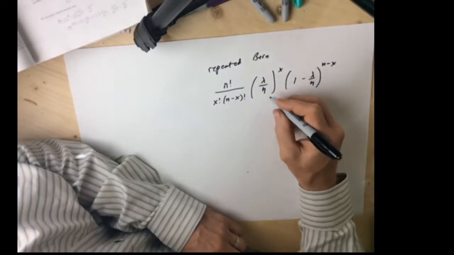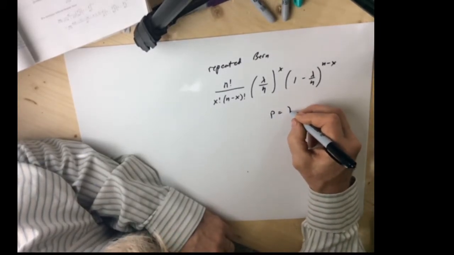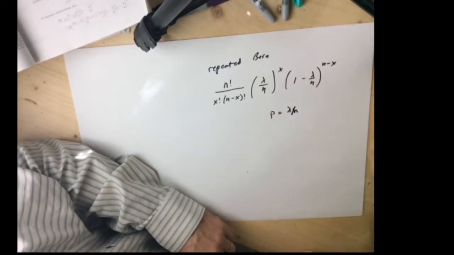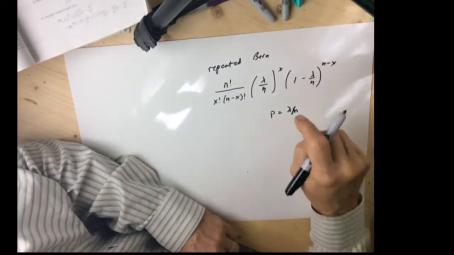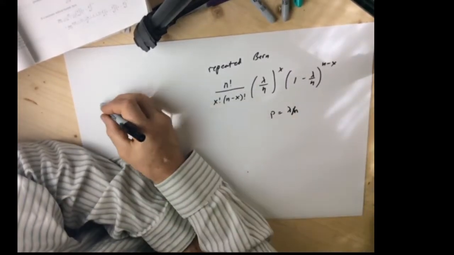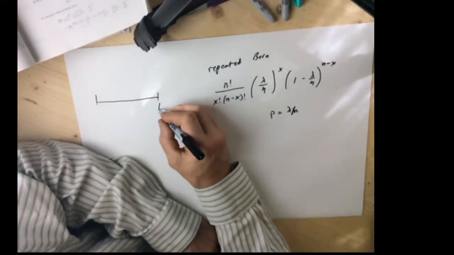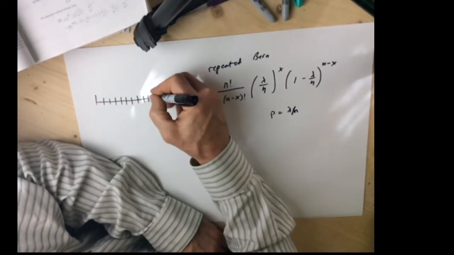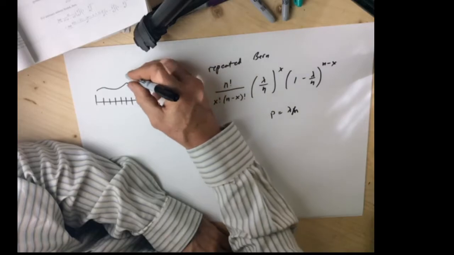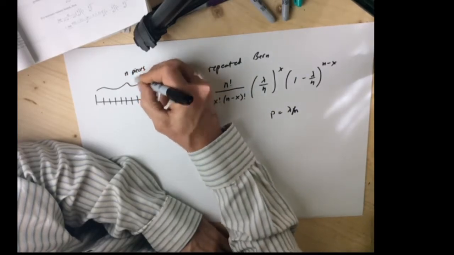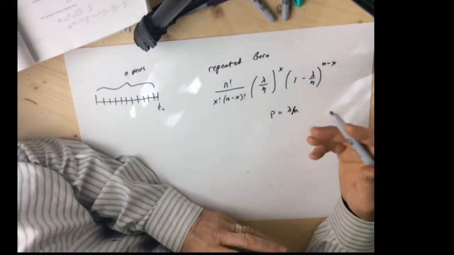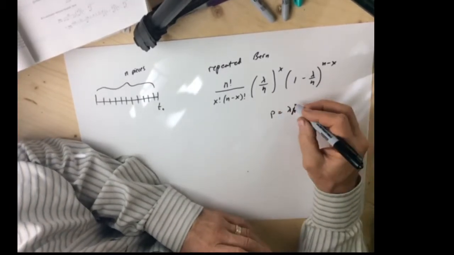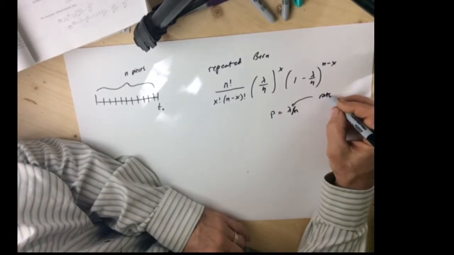And I want you to notice that we just put in p equals lambda divided by n. So what picture applies here? Well, we have some interval of time, and just like in Riemann calculus, we're going to break it up into n pieces. And since it was happening at a rate of lambda in a time interval, so this is the rate of occurrence,